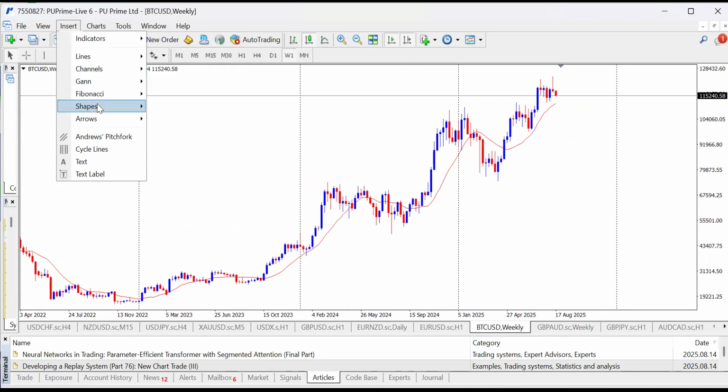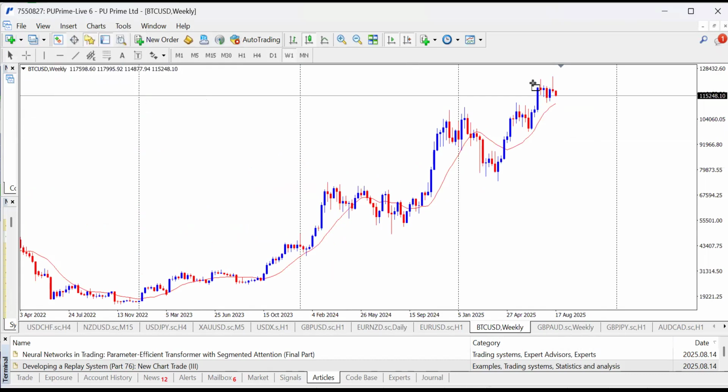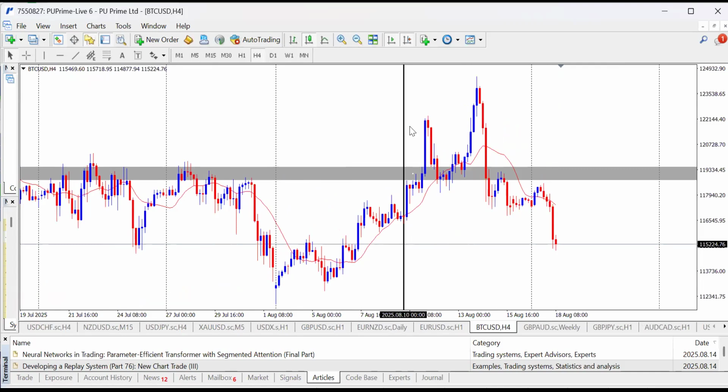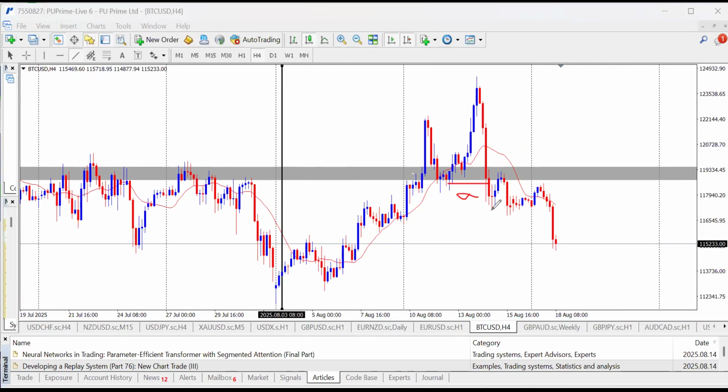So I'm going to have a very long time sell on BTC, because of what happened. You have a break here. You go to 4 hours time frame. You can see it's here. We have a break of structure here on 4 hours time frame from here. So we have a break here, and the market retested this level, and we are selling to the downside.